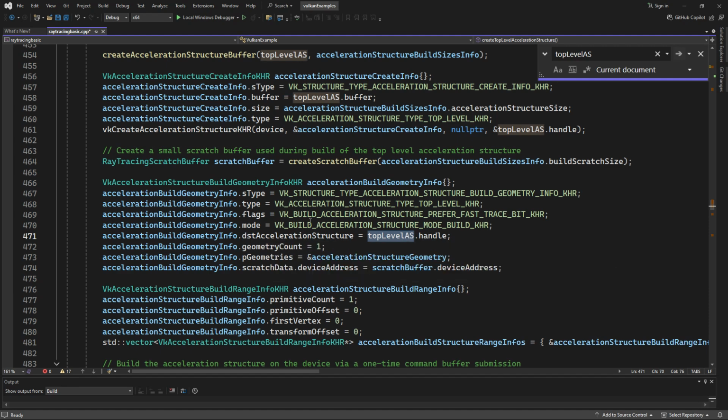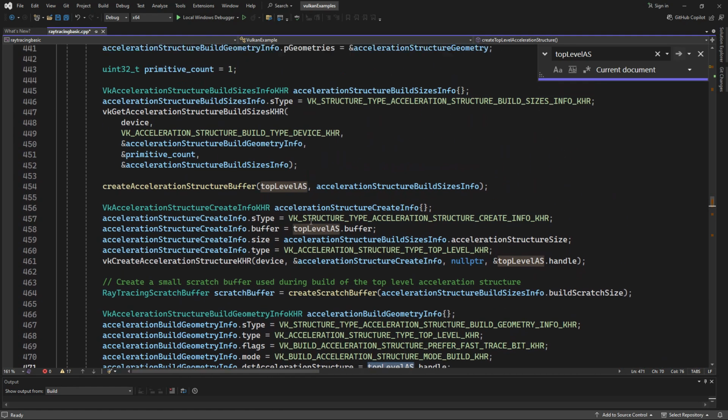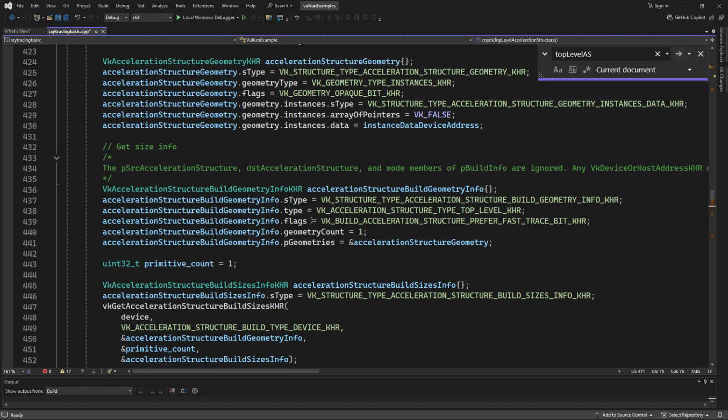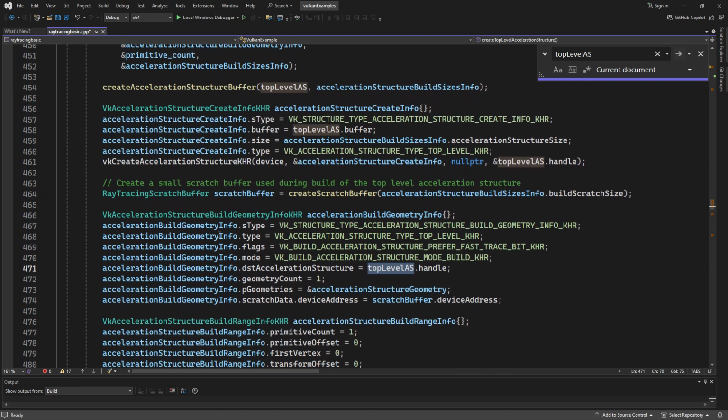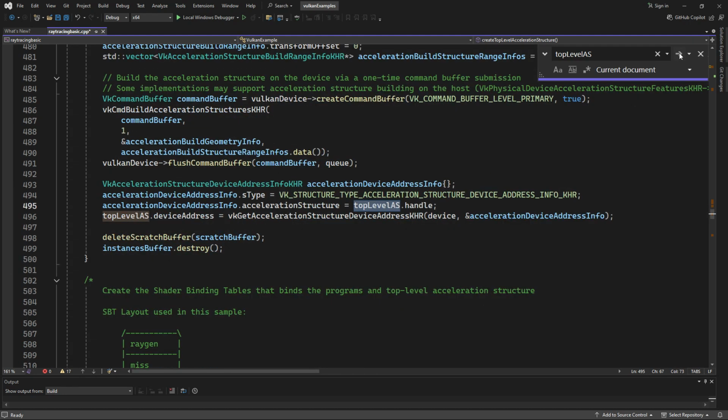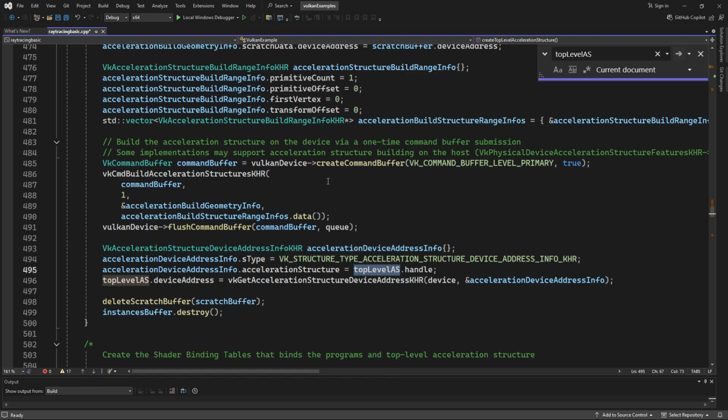Destination acceleration structure. All right, so this is, I can't really speak on this. Don't really know what this is yet, but that's all right. And then there's the device address stuff, which